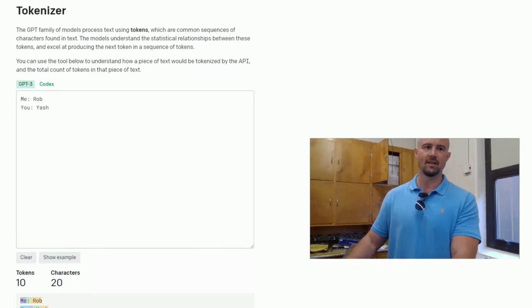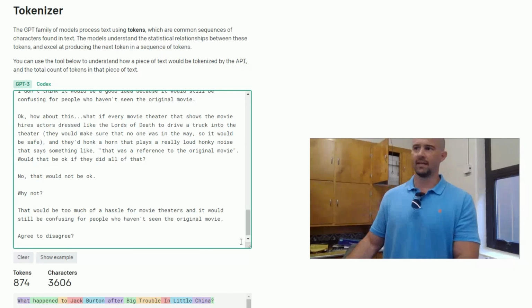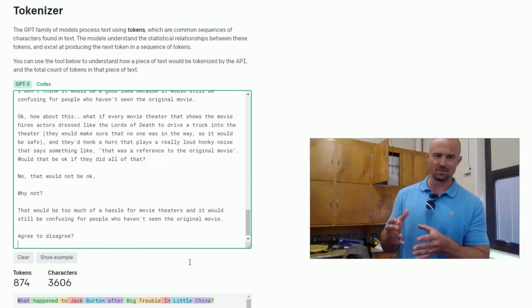So by the time we get to my 12th line of questioning, we're going to be up to 874 tokens. That's less than 6 cents, however, each one of these toward the end is 6 cents, 12 cents, 18 cents, and then it gets bigger and bigger and bigger. If you had these stupid conversations about 80s movies with artificial intelligence like myself for 40 minutes straight, you're going to rack up a pretty big bill.